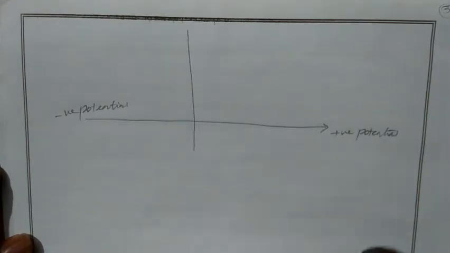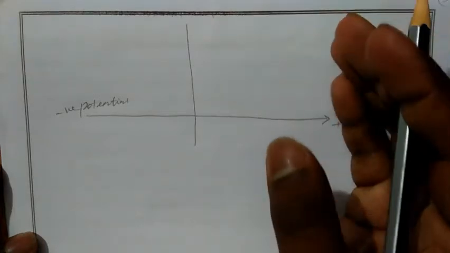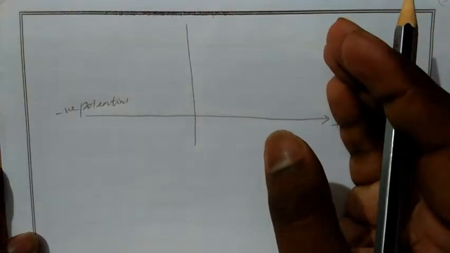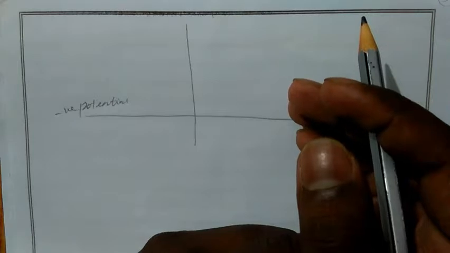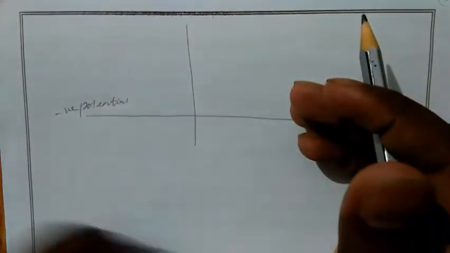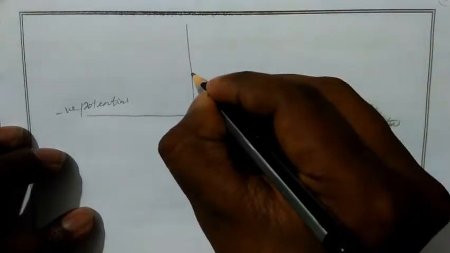So when we increase the positive potential for the anode, then what will happen? The emitter will emit the electrons, which are attracted by the anode. Here anode is positive potential. So while electrons are moving towards the anode, current will start to increase. So our photocurrent value will increase,